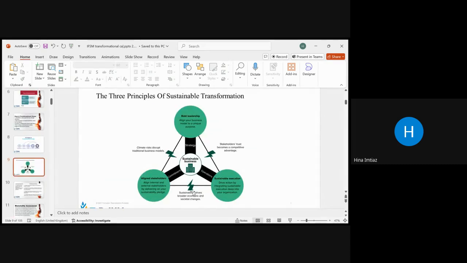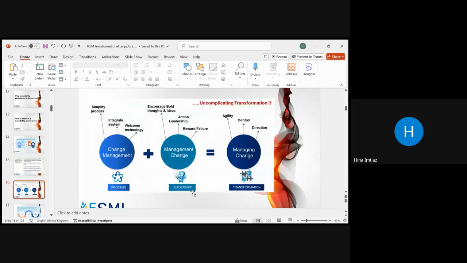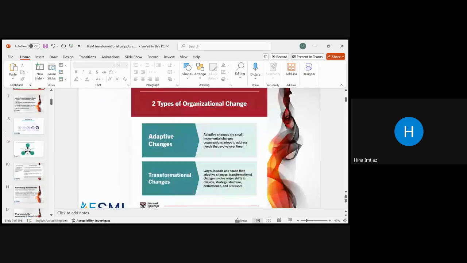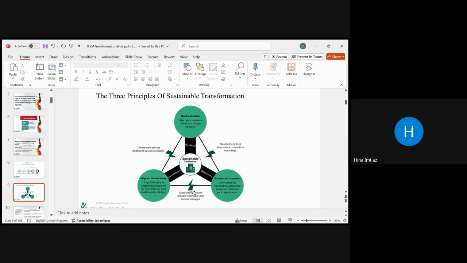Okay, for the first two stages, what you have to do is inform your team that we are going to start this new setup or new strategy. So you have to gather all the team. Okay. And moving towards the next slide, whenever you want to bring the transformational change, you must